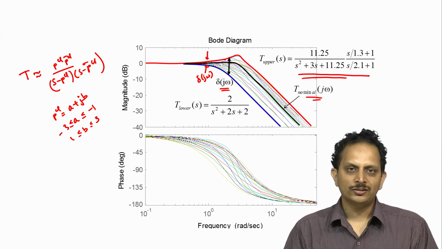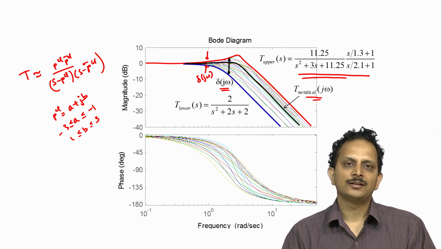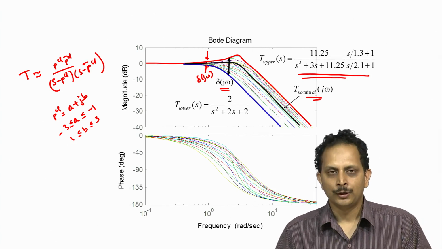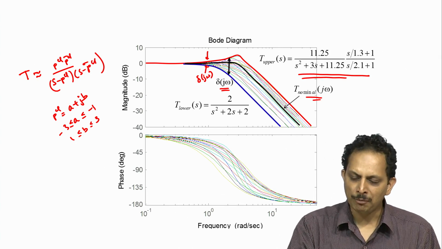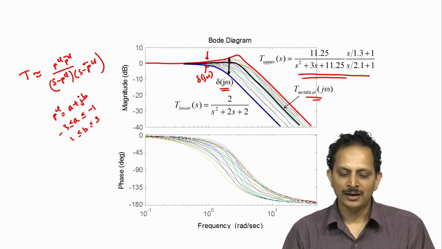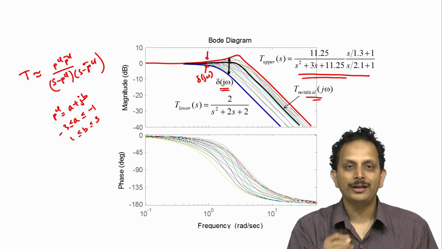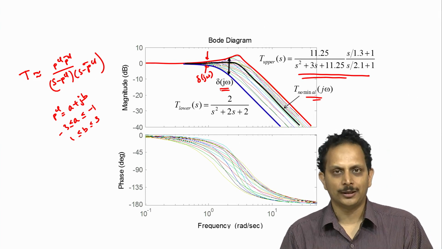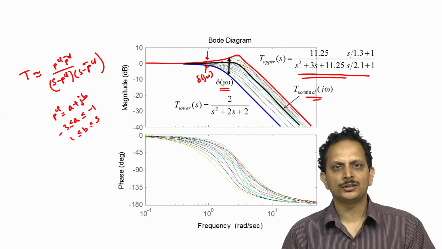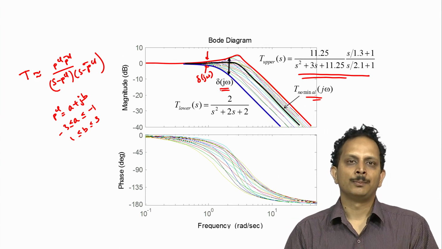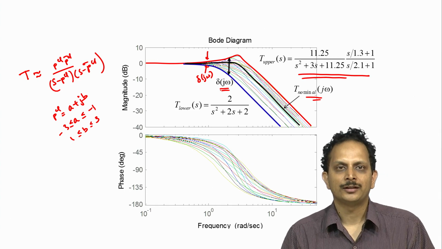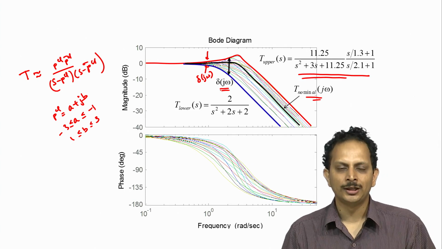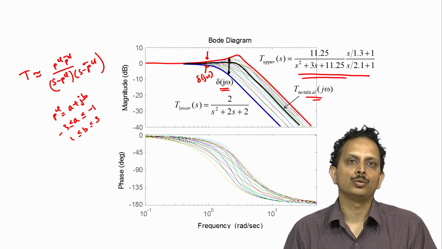Now we have two controllers, namely the feedback controller and the pre-filter. The question is, which controller should we use to do what? Do we use the feedback controller to design the nominal characteristics of the control system, and do we use the pre-filter to restrict the variation in the transmission function, or vice versa? Do we use the feedback controller to restrict the variation in the transmission function, and do we use the pre-filter to achieve the desired nominal response for the overall transmission function? This is the question that we first need to answer before we undertake the design of the two controllers.